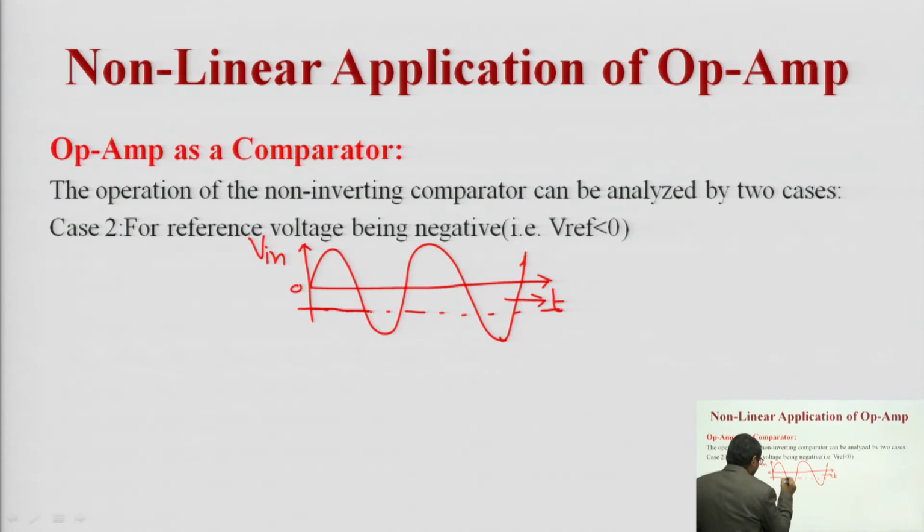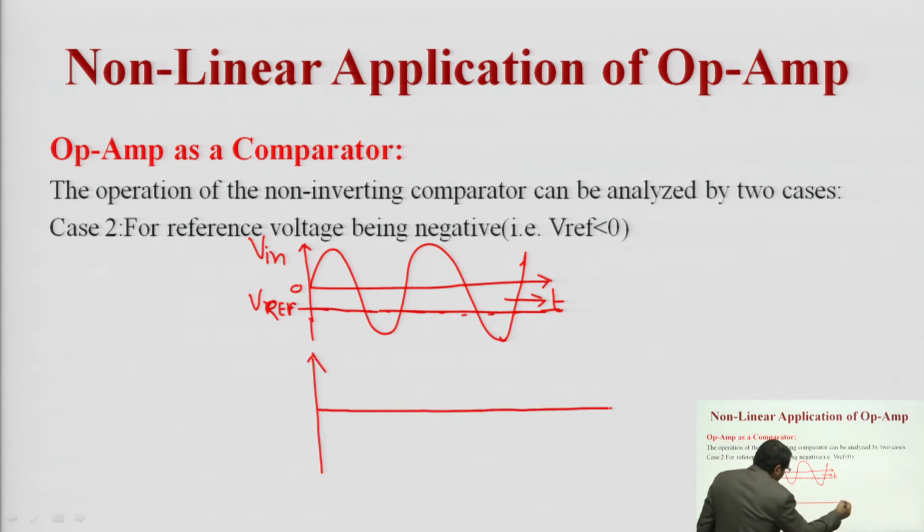Here we consider the V reference is a negative value, for example, minus 5 volt, minus 3 volt. Here we consider the V out,